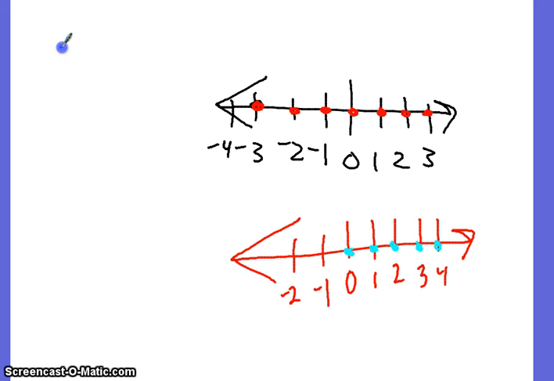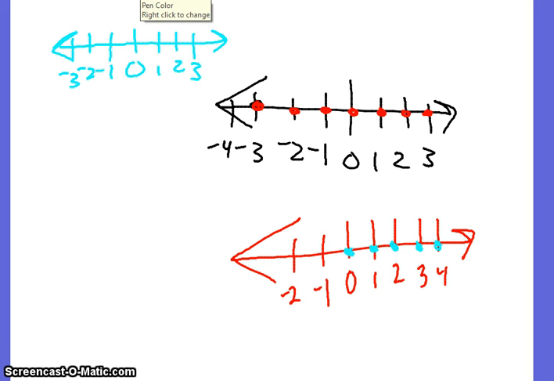One more line to draw. Last one. Promise. New color. And this is going to clash horribly. Graph on that new chart, that new line I drew, all of the rational numbers bigger than -1. How would I do that? Everything bigger than -1. How would I do that? Any guesses? Would that be dots or a line?